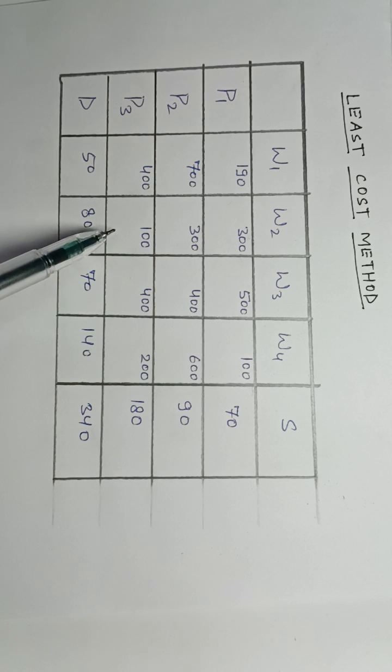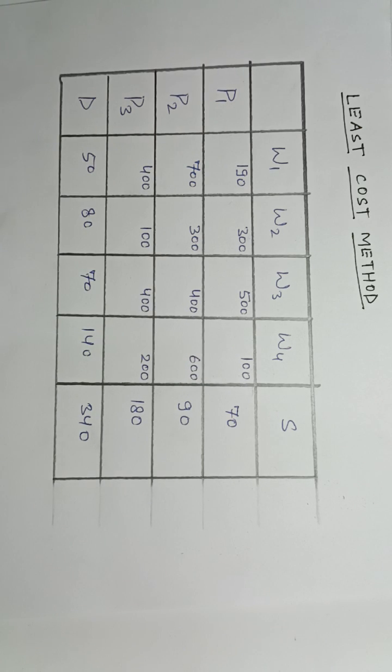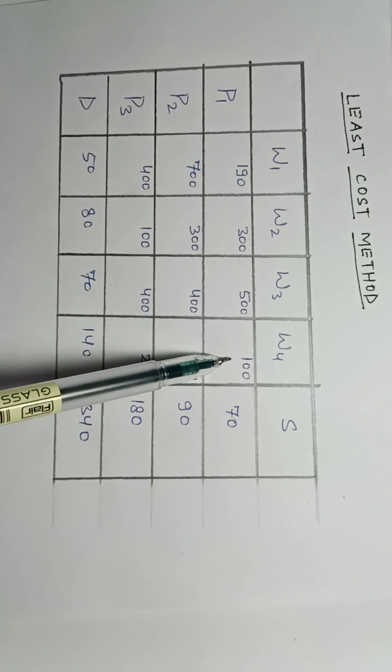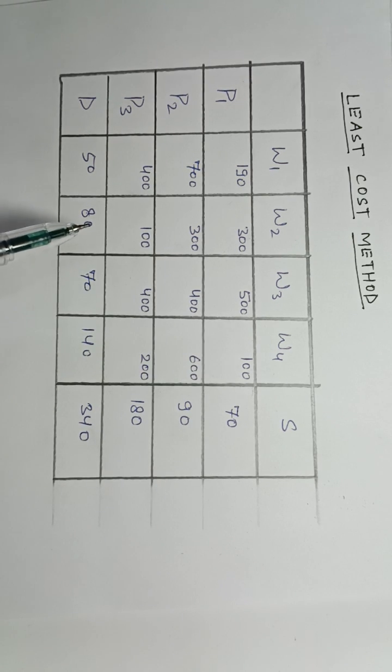So there is a tie among the two least costs. If there is a tie, we select the cell where we can accommodate the maximum number of units. Here we can accommodate 80 units and here a maximum of 70 units. So we will select the cell where we can accommodate the maximum units.